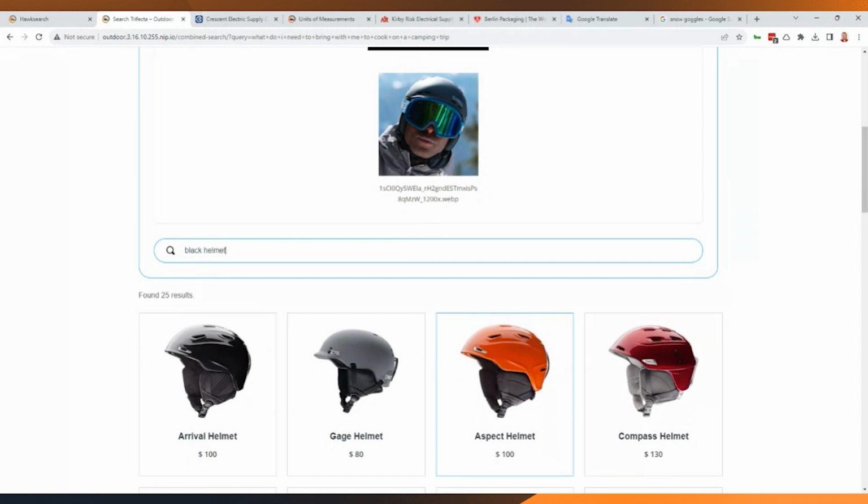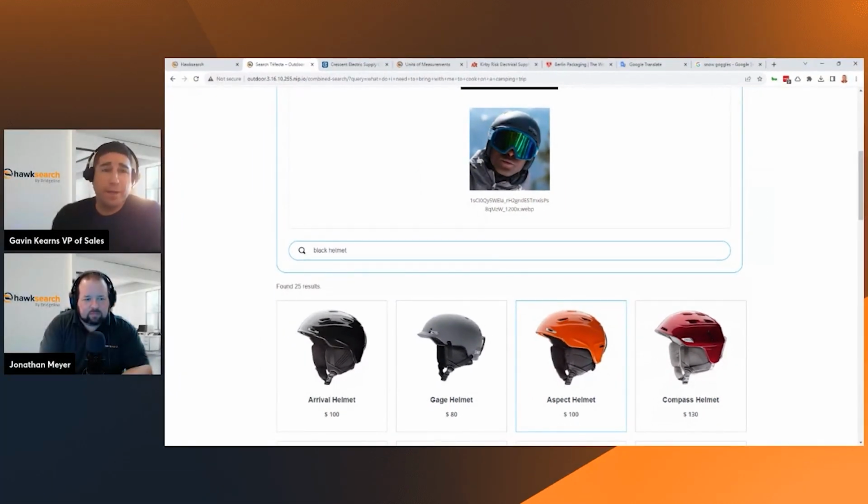So it's analyzing the image itself and finding the match there. Yeah, and this is a massive difference from the keyword approach. This would be what you would call variant logic in a keyword scenario, where you would have to have your catalog set up so the black helmet would be the parent, and all the different color variations would come in as the children, and those are all different data points. This really helps with that entire process, because in a keyword perspective you have to have all of those things related to get that kind of result back as well.